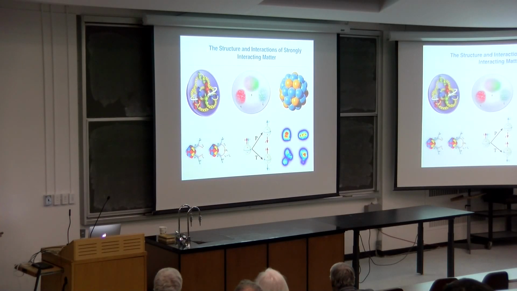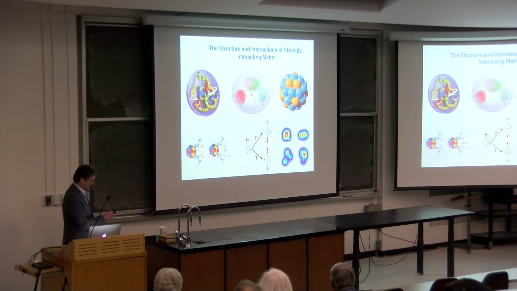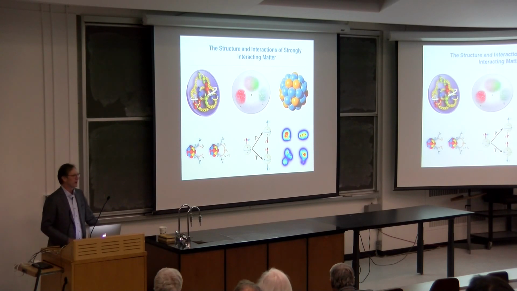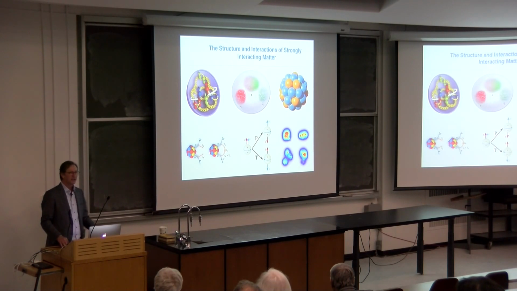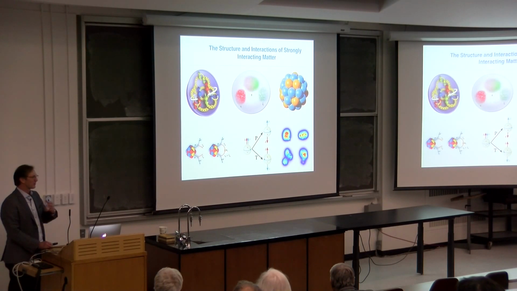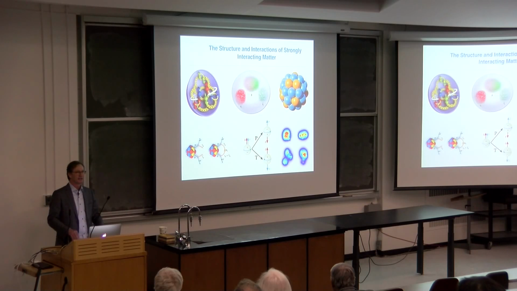So we also want to look at the structure and the interactions of strongly interacting matter. The proton, which is one of the elementary building blocks of nuclei, is itself a composite particle. It's made of massless particles, the gluons, and near-massless particles, the quarks. It's a highly entangled state of these subatomic particles with indefinite particle number. You can think about highly entangled electronic states, and then you add the complication that the number of particles